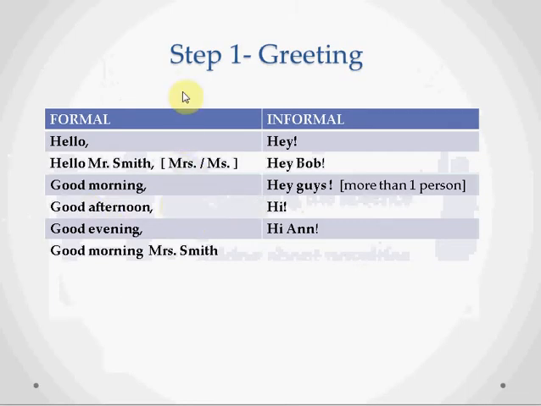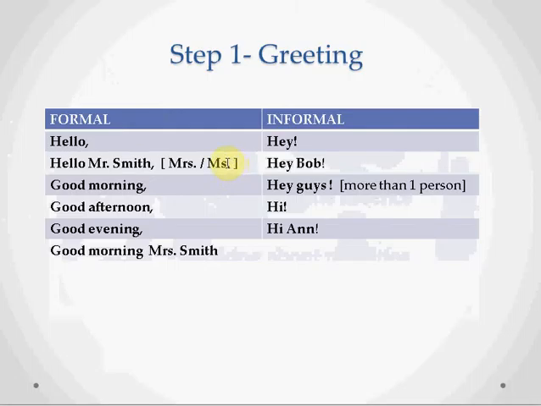So here, when we greet a person, we can use two different sets of greetings, the formal ones and the informal ones. So let's go through the list of the formal greetings. We would say, for example, to a person that we don't know very well, things like hello. We can say hello, Mr. Smith. Normally, we will use the salutation here, the title Mr., or we can say Mrs., or we can say Ms., or sometimes it's pronounced Miss if the person is rather young.